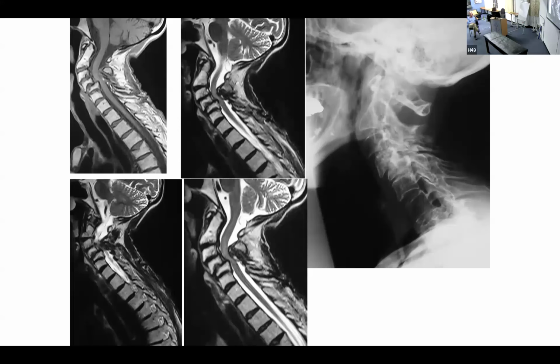Yes, you could go in the front and do a multi-level corpectomy, but for that to heal in an old person is really unlikely, and you're probably going to end up with a disaster of things falling apart. So for me, I don't really want to go dig around in the front. I think if I remove that posterior piece of bone that's pushing in from the back, the cord's going to come back. There's quite a large area of cord signal change. So in my mind, posterior is a good option here. So I went posterior,